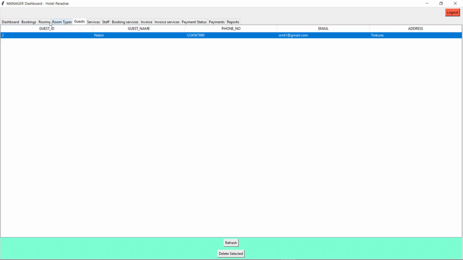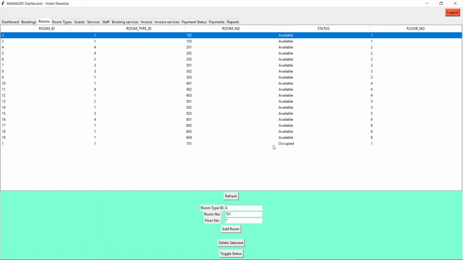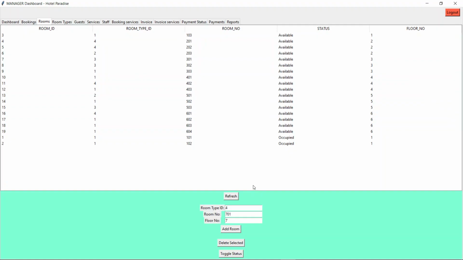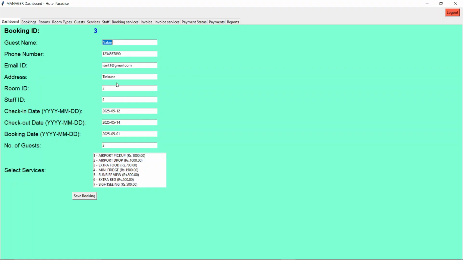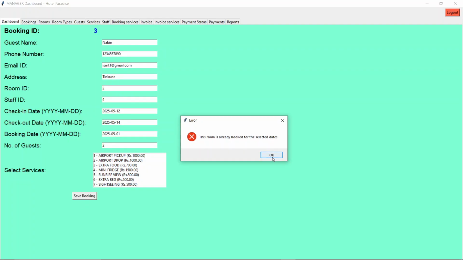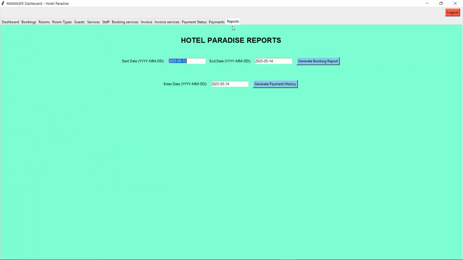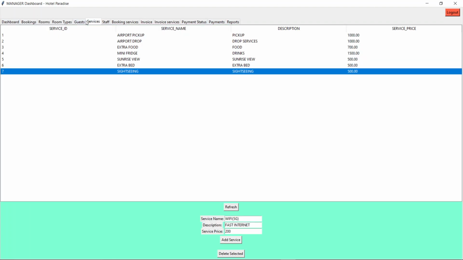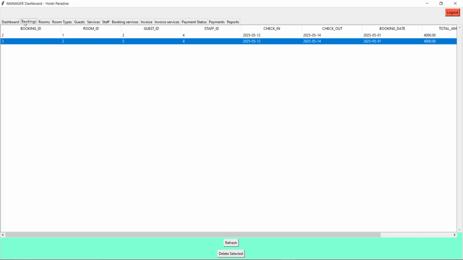Now let's try booking same room for same dates. Let's see here. Here we can see. Now let's do this again. The room is already booked for the selected dates. So this was the overall function of this hotel management reservation system, which works perfectly according to the needs of